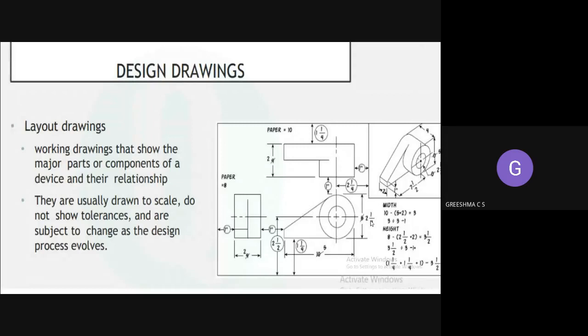Layout. From the name itself, we can understand what we mean by layout. So, layout means it will be actually showing the major components of a device. Okay, suppose you're designing a machine, the major components of the designed machine will be shown on the layout drawings. See, you have completed the building drawing, right? So in that, what actually you are doing,